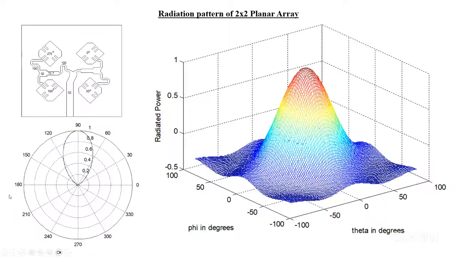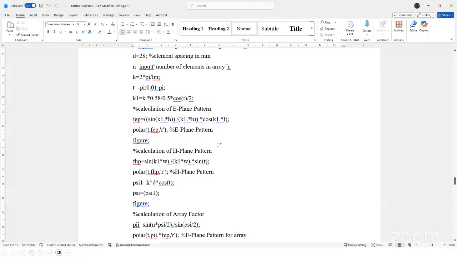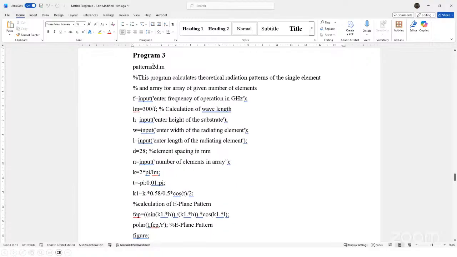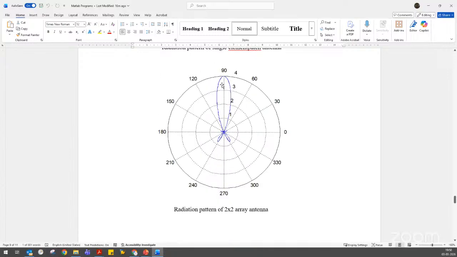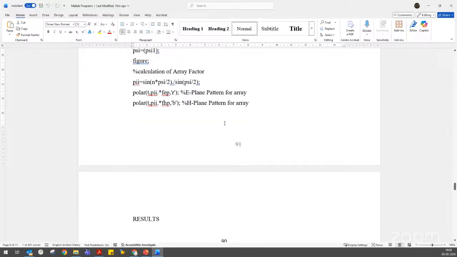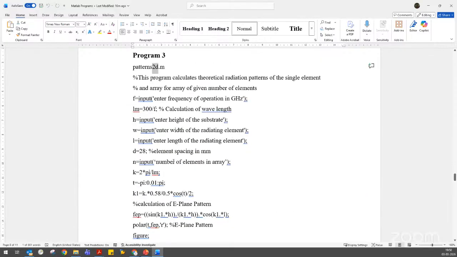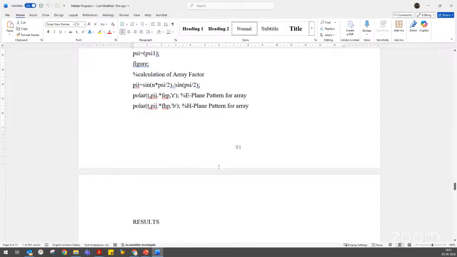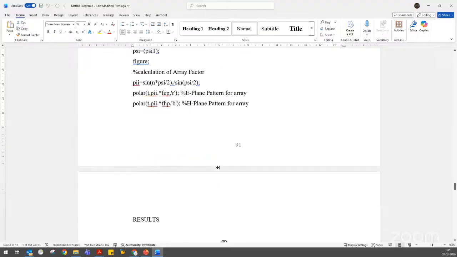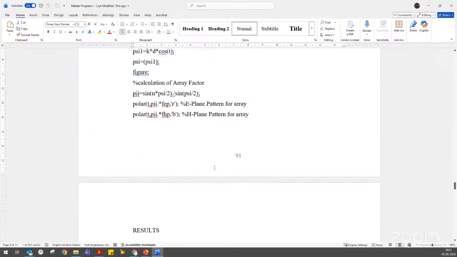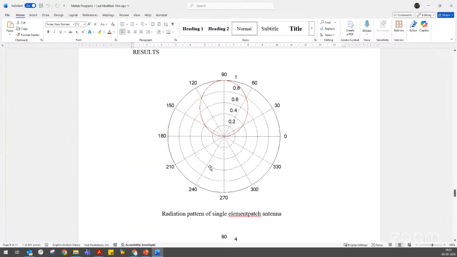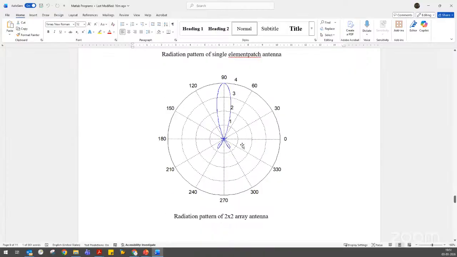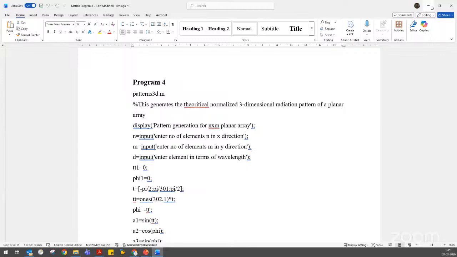Okay, so by using that MATLAB program, we can generate this 2D radiation pattern. It comes like this result. So it has both elevation and azimuth depending on the number of elements in azimuth and elevation. So here, what we are taking is n number of elements in the array. I think the inputs are not here. Okay, so you can experiment with any number of elements, and you can see all the radiation patterns getting generated. Next comes the three-dimensional radiation pattern.